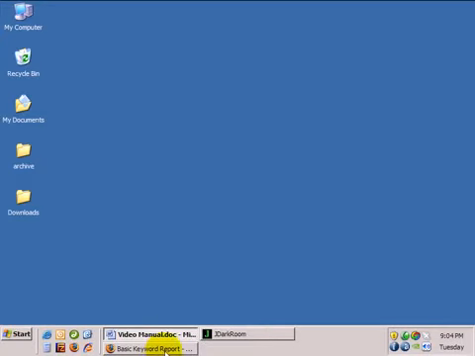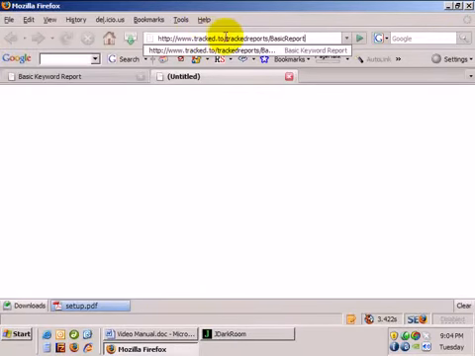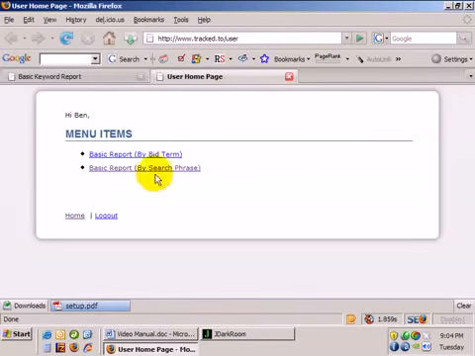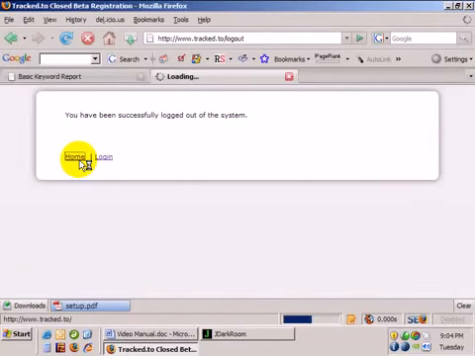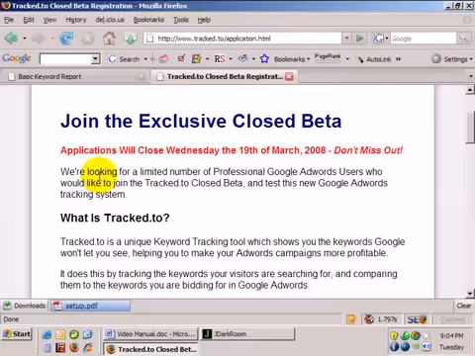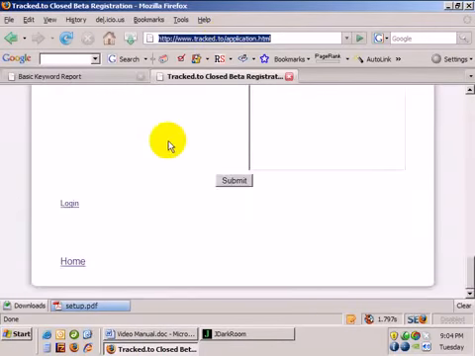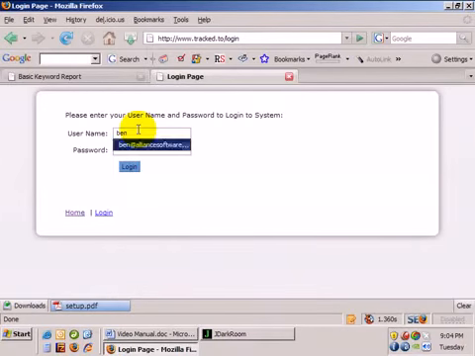The product that I'll be writing a sales letter for is Track.2, and if you wanted to have a look at it, you can go to Track.2. I'll just log out at the moment and read a little bit about it on the website. It's a Google AdWords tracking tool, which basically what it does, and I'll log in and show you exactly how it works, is it takes the